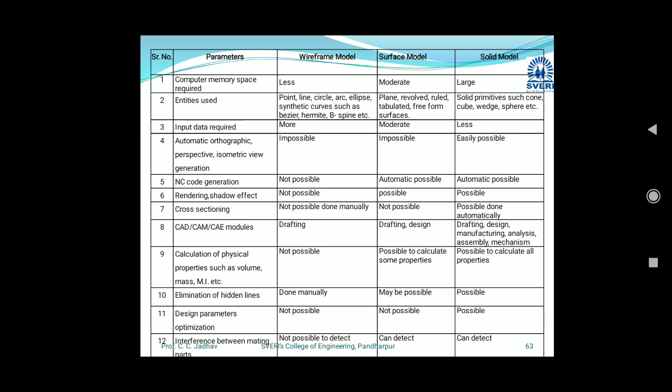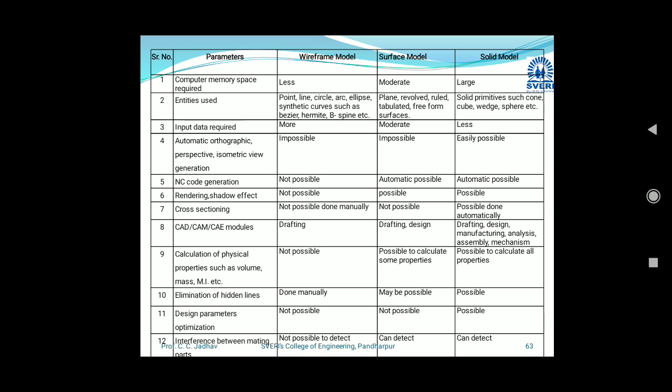Next parameter, that is calculation of the physical properties such as mass, volume, moment of inertia: for the wireframe it is not possible. For surface and solid it is possible to calculate all the properties. Next parameter, that is elimination of the hidden lines: in wireframe model done manually. In surface may be possible, and in solid it is possible to eliminate the hidden lines.